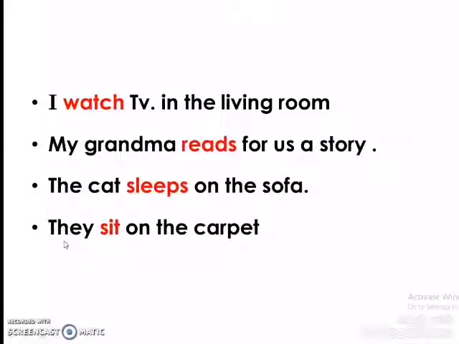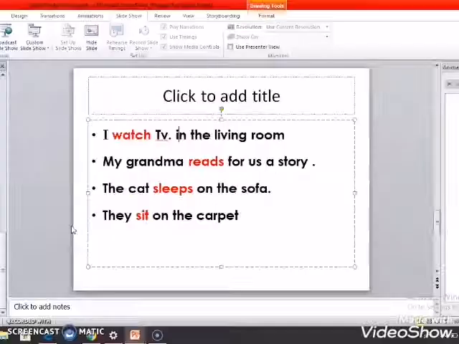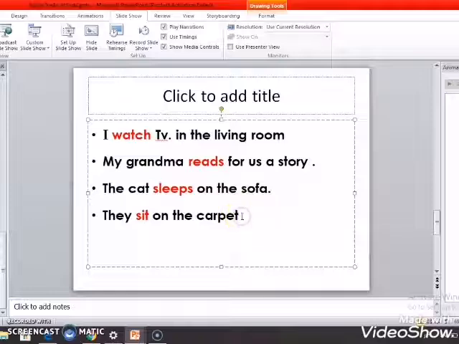Now I use the pronoun they. We said we use the pronoun they for a group of people, and here we have a family, so they are a group. They sit on the carpet. What is the action verb? The action verb of the sentence is sit. Before the action verb sit, we have the pronoun they. So because I have the pronoun they, I didn't add an s for the action verb